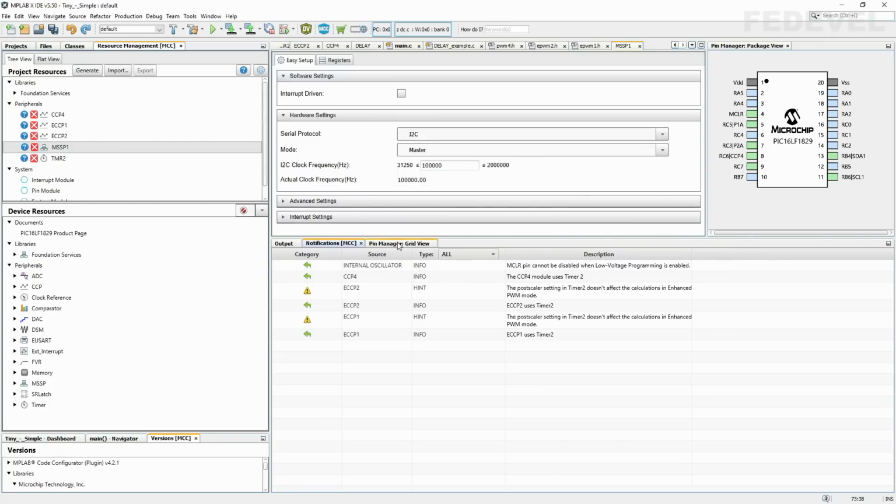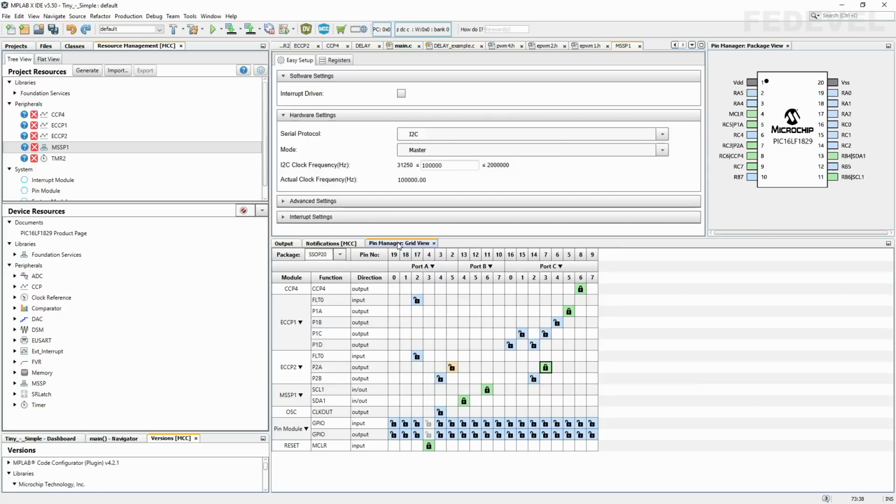Go to Pin Manager, and we are going to double check this table with our schematic. So the MSSP1 SDA1 signal should be in our schematic connected to RB4.